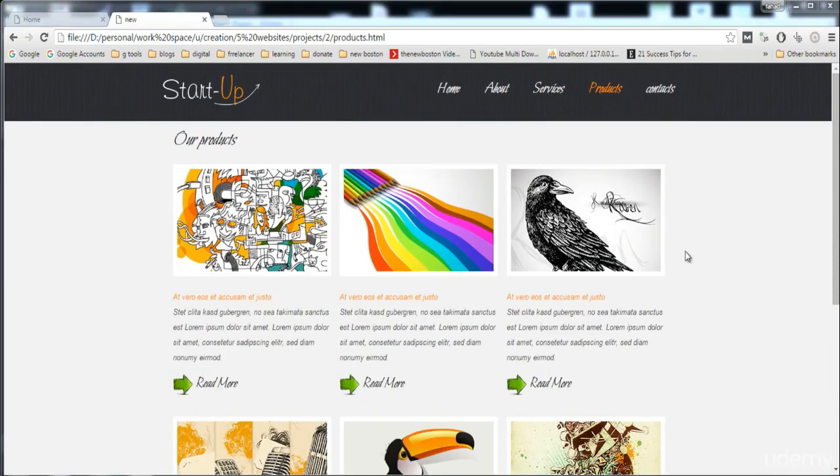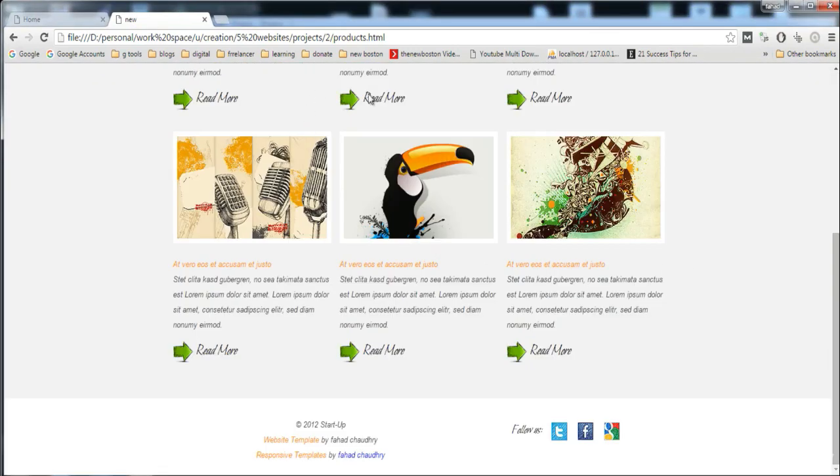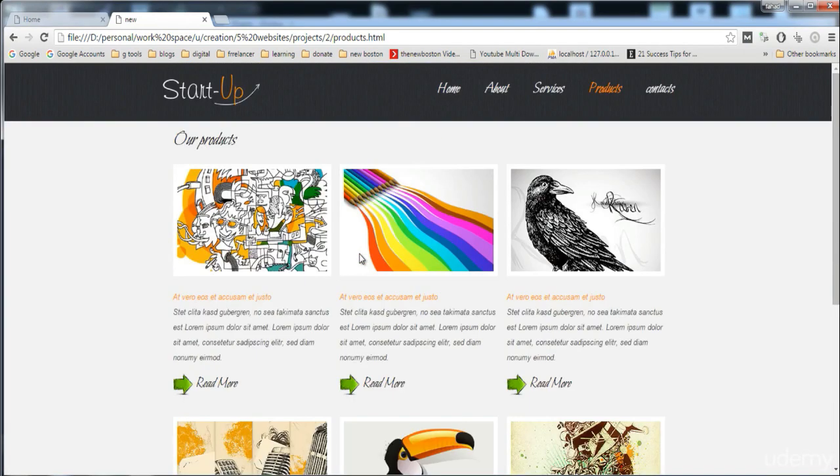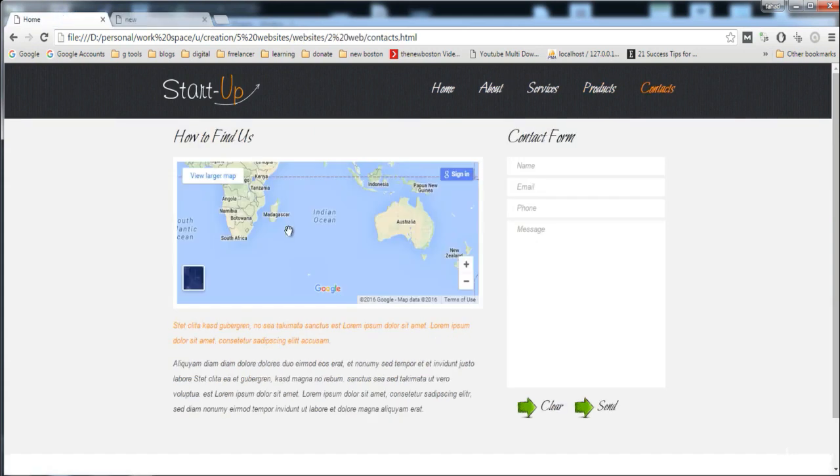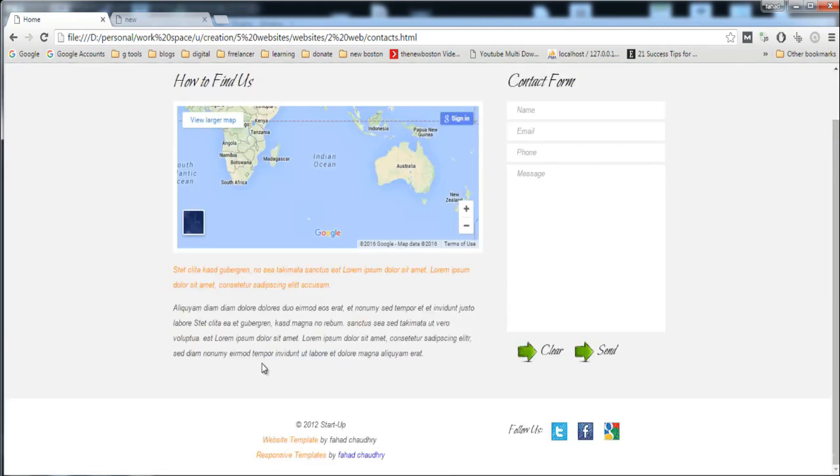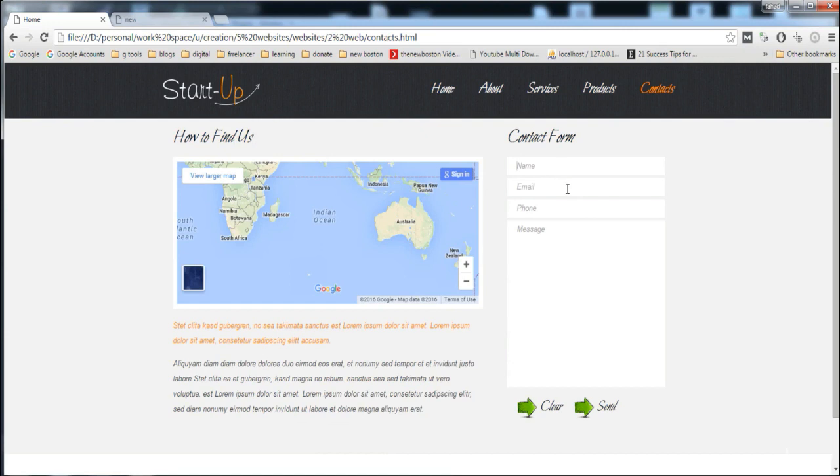Hi guys, in the previous lecture we have built this gallery. I have taught you how to insert these images and this text and all the things, how to create this link. And now in this lecture we are going to build this contact.html page. So now I'm going to teach you how to insert this map and this text, and how to make this form